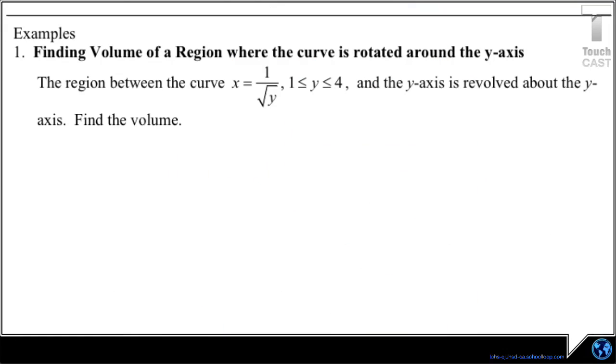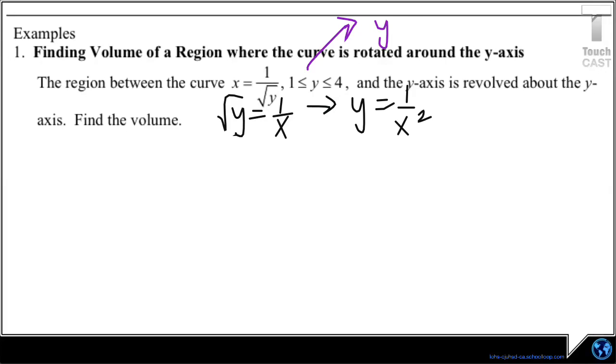So let's do the next one, and of course the first thing I want to do is I want to graph it. And if I solve this equation for y, I'll end up with y equals 1 over x squared. And this generates two equations, y equals 1 and y equals 4,